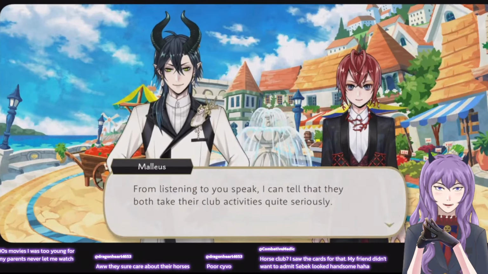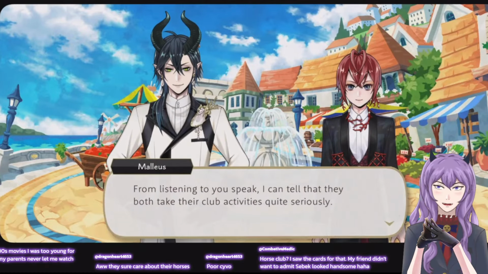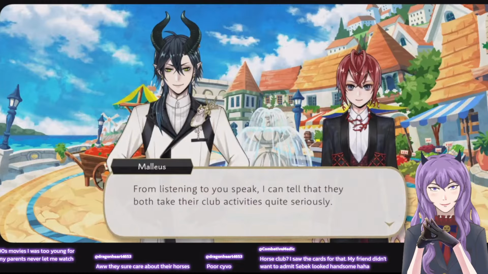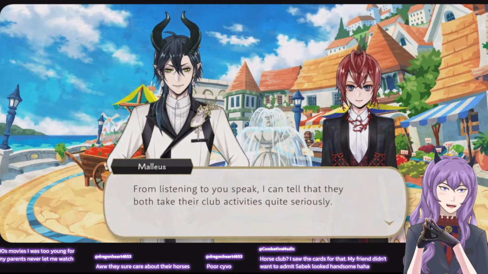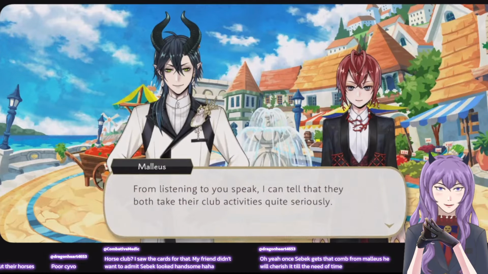Yeah, they care about their horses, which is sweet. I mean, I guess, but the emphasis, from what I understand, I don't really have any experience with horse riding, but I understand that you gotta establish a bond between your horse and yourself as the rider.